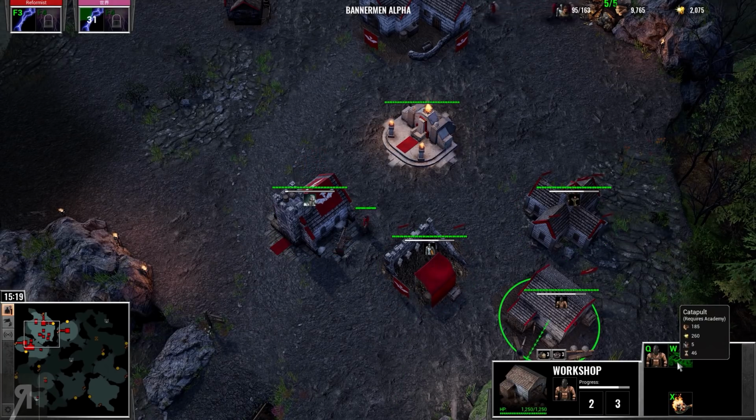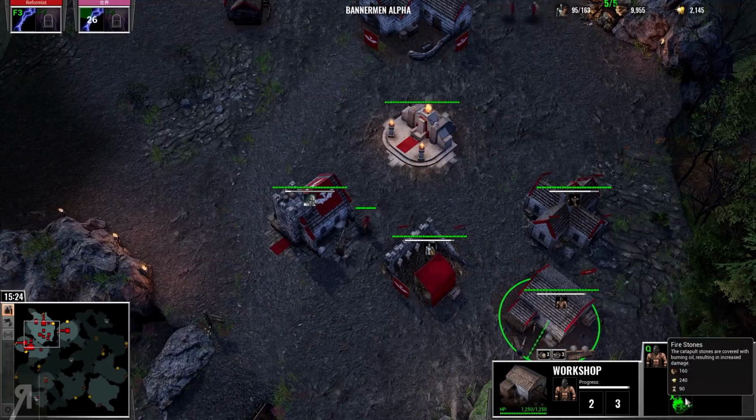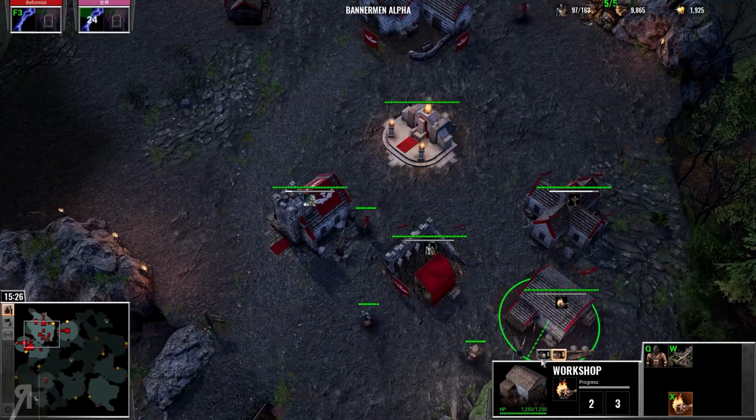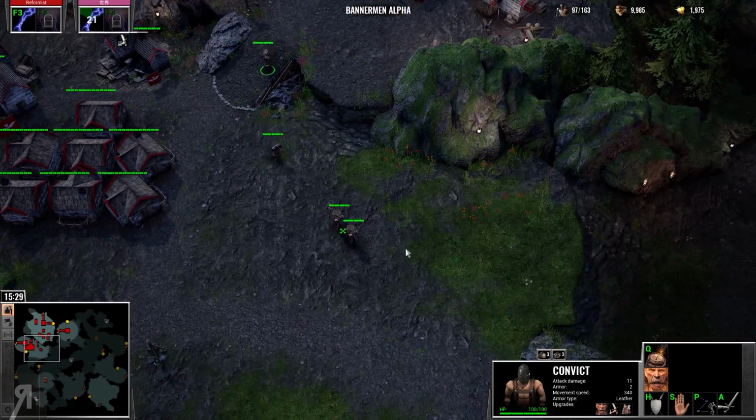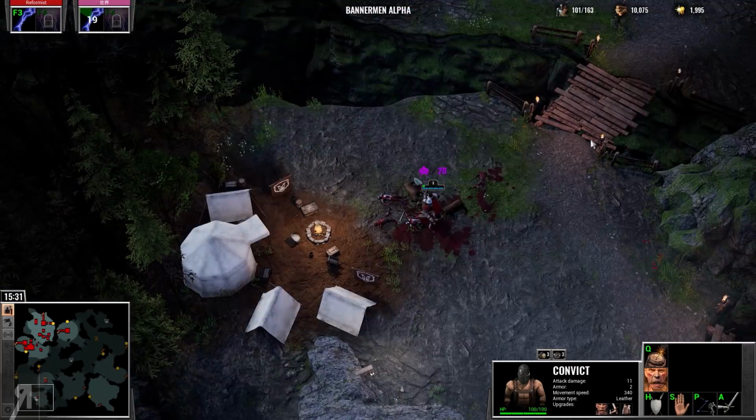Otherwise, we do now have access to a catapult. I've never had these before either. I don't know what I've been doing, but apparently not building an academy. Anyway, let's get these firestones upgraded as well. By the way, these are convicts. They are strapped to a barrel of gunpowder, and basically it...